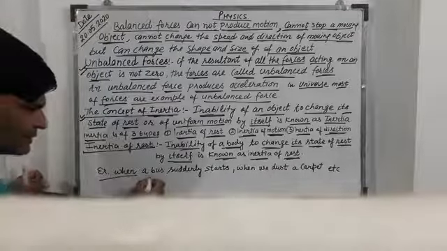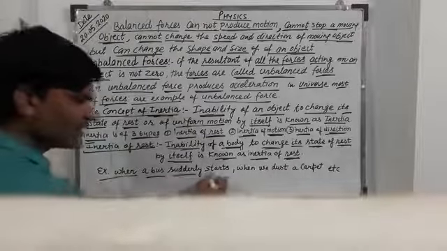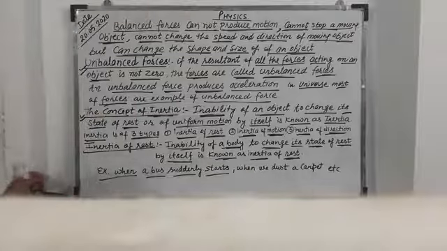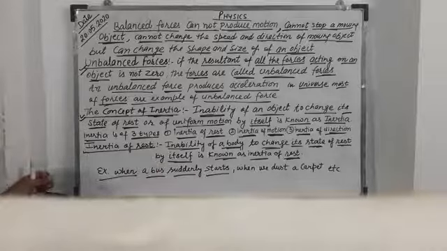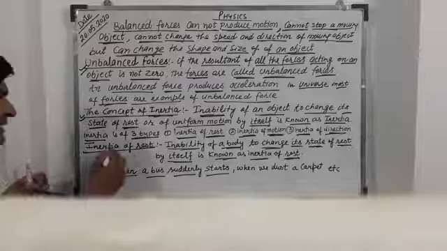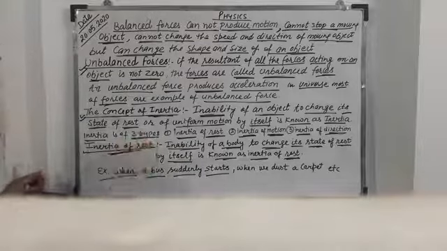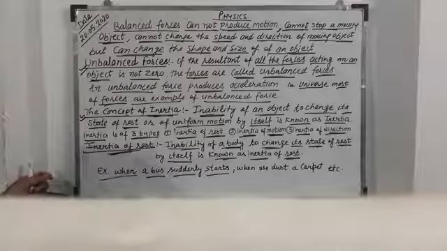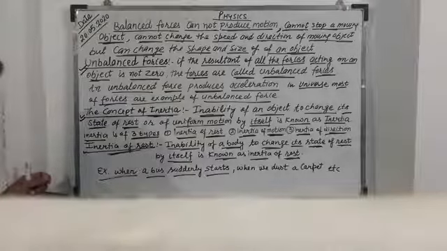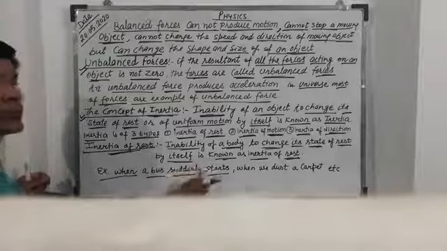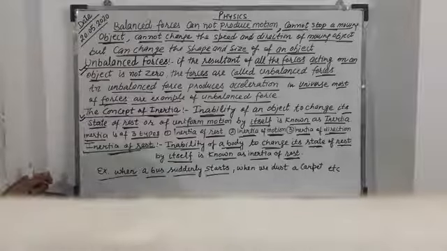The first example is when a bus suddenly starts, you can feel that passengers fall backward due to the inertia of rest. Because when the bus suddenly starts, the lower part of the body comes in motion but the upper part remains at rest. So the passengers fall